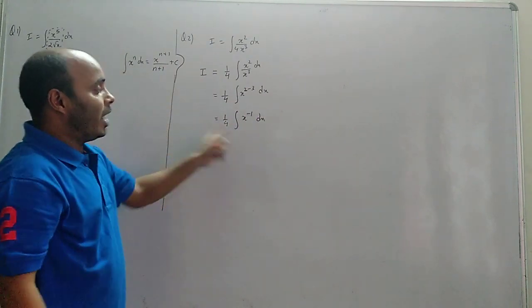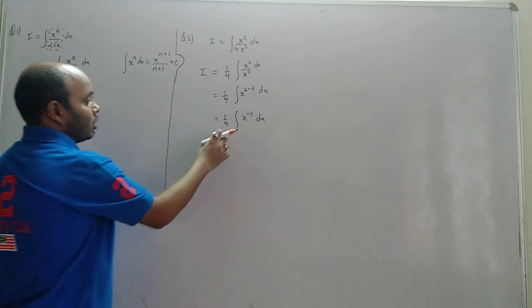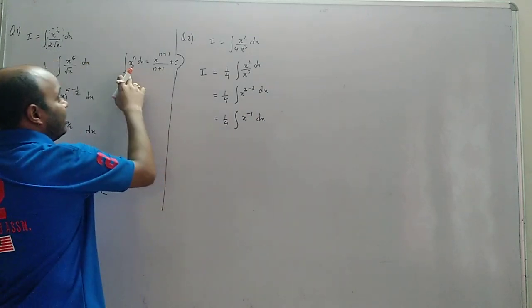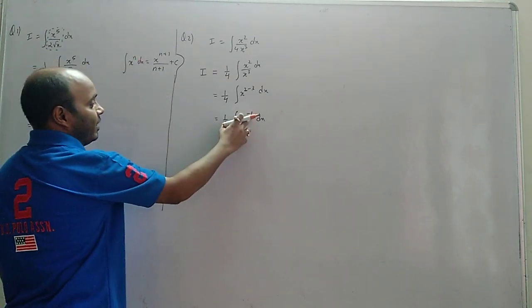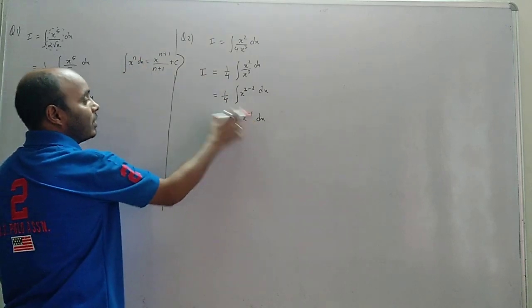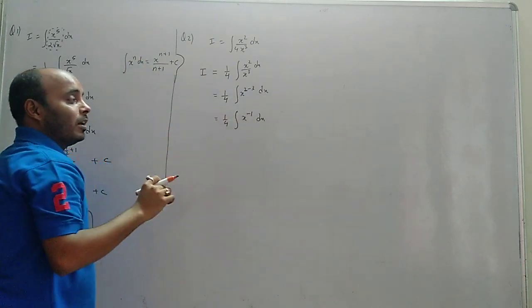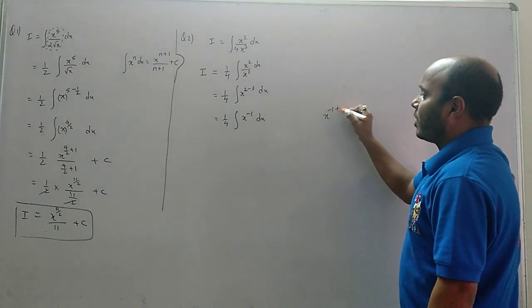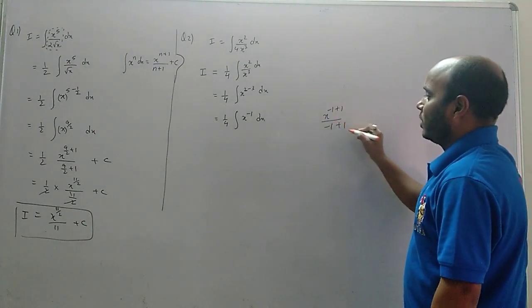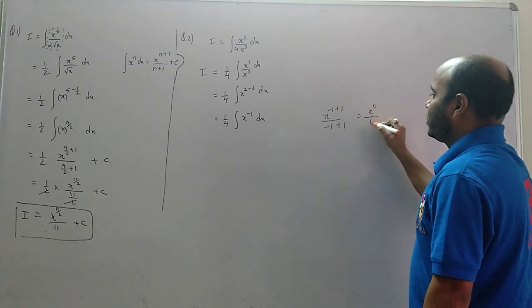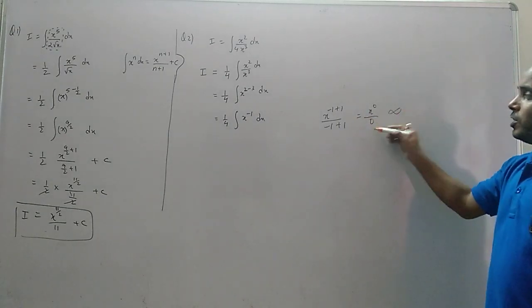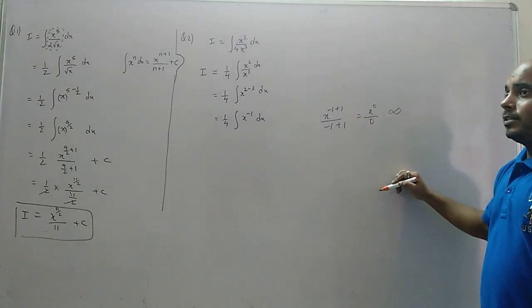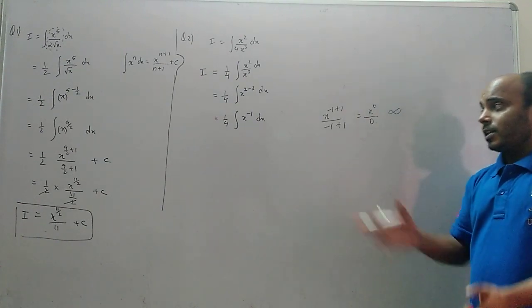Okay, now here you will make a mistake. You try to apply this formula, integration x to the power n. n is a constant, minus 1. It is a constant, we can apply the formula. So when you try to apply this formula, minus 1 power plus 1 by power plus 1, what do you get? x to the power 0 by 0, infinity. Something by 0 is infinity. Right? So what happened? A mistake happened, right? This cannot be.